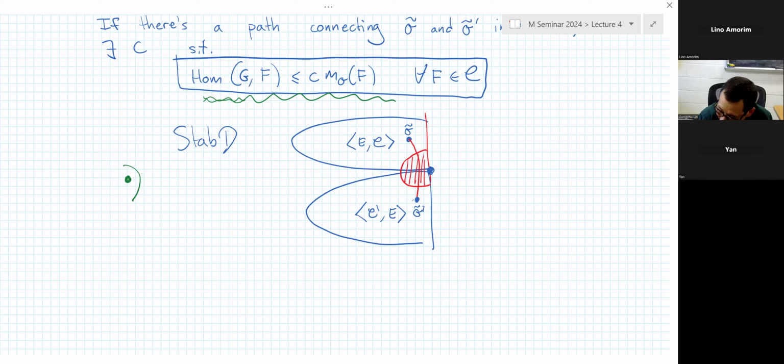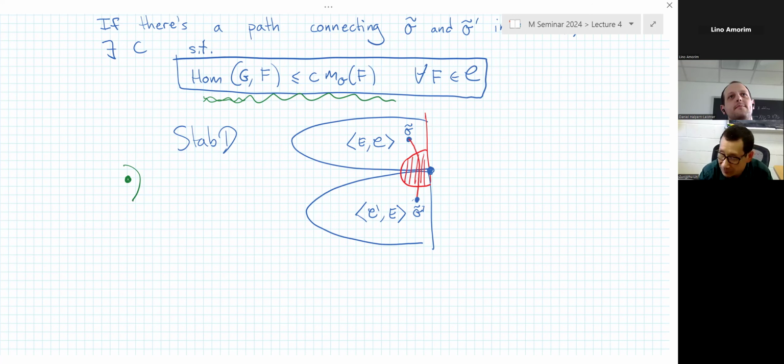On Monday, you remember you talked about the braid group action on this, permuting and kind of a mutation. So that changes the special connection, exceptional connection in a certain sense. Can that be lifted in some sense in the space of the braid group action on the space of stability conditions? Well, it doesn't really act on the space of stability conditions as far as I know, but it acts on the